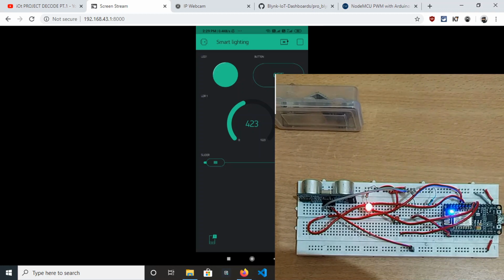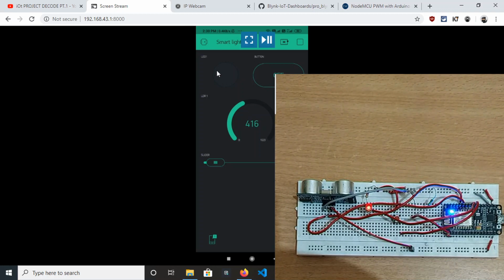Okay, so initially for this electric pole there is no car there, and now as you can see here, in the demo as well as in the hardware setup, the brightness of the LED is turned down to 30% of its top value.